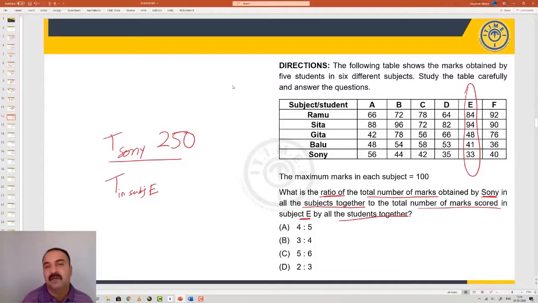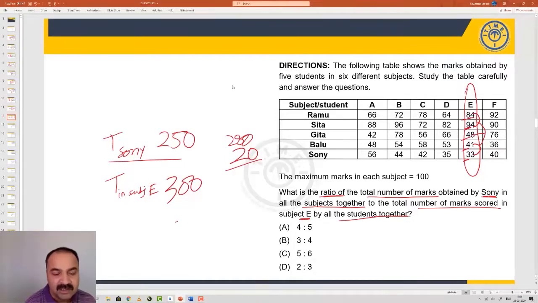Now we will have to do an addition for the subject E. All the students scoring in subject E. So let's look at those groupings now. We would have a 4 and 4, that will give me 8. We will have 3 and 4, 3 and 1, that will give me 4. Now this 4 plus 4, 8, and 8 plus 4, 12. This 12 with 8 will give me 20. So now I have gotten a 20. Now I add up only the tens together. 80 and 90, 170. 170 and 40, 210. 210 plus 40, 250. 250 plus 30, 280. 280 plus 20 will therefore give me 300.